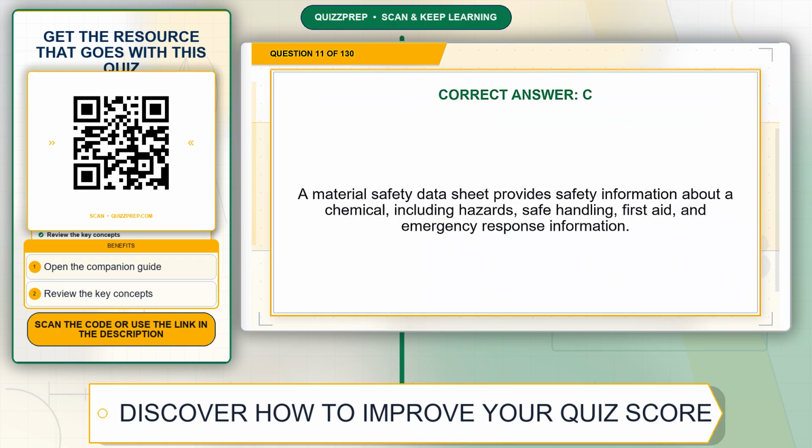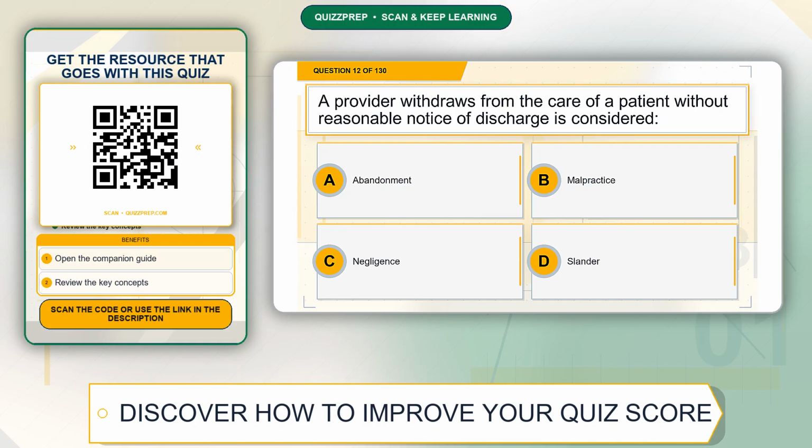Explanation: a material safety data sheet provides safety information about a chemical, including hazards, safe handling, first aid, and emergency response information. Question 12. A provider withdraws from the care of a patient without reasonable notice of discharge is considered: